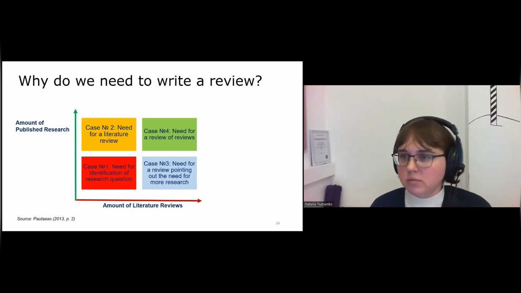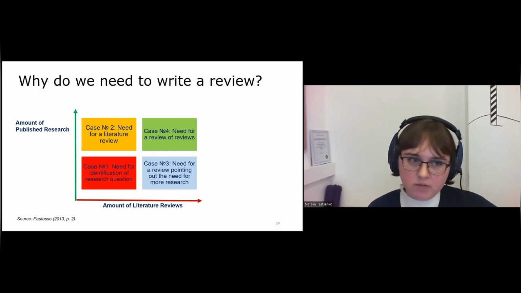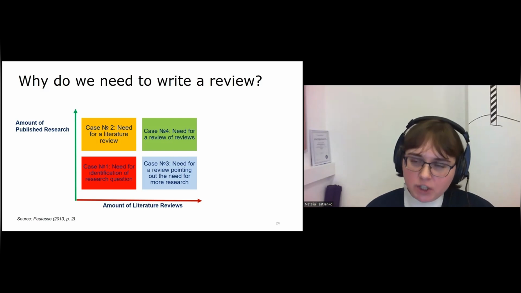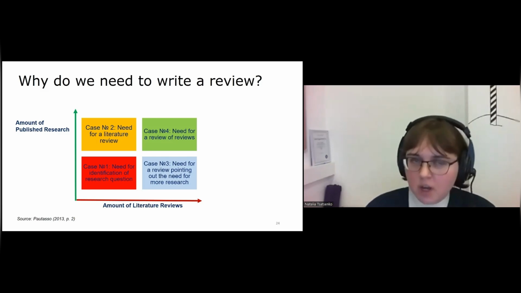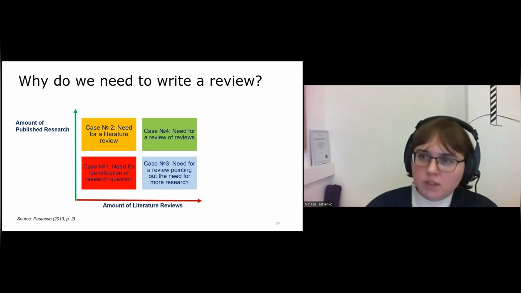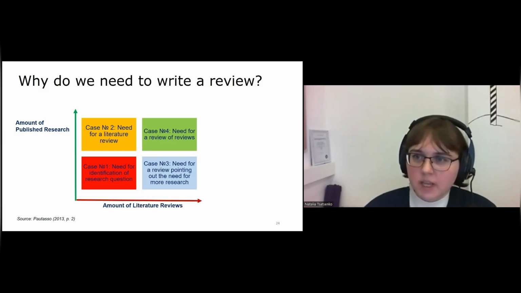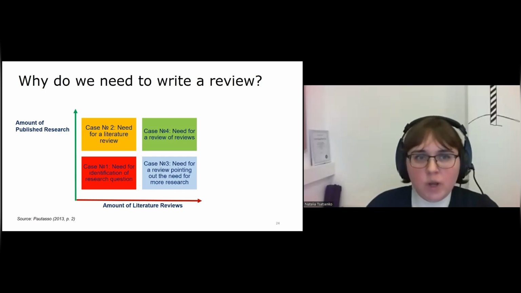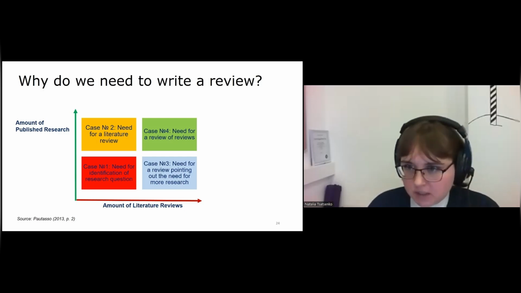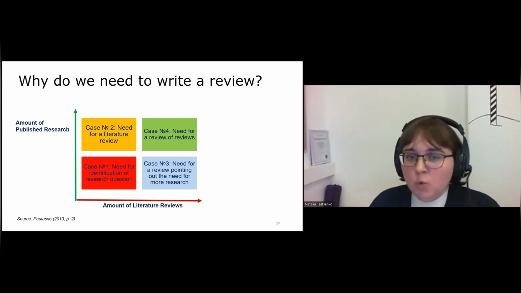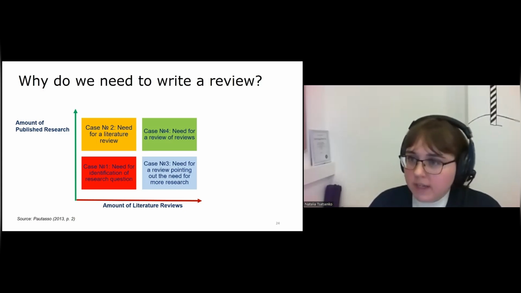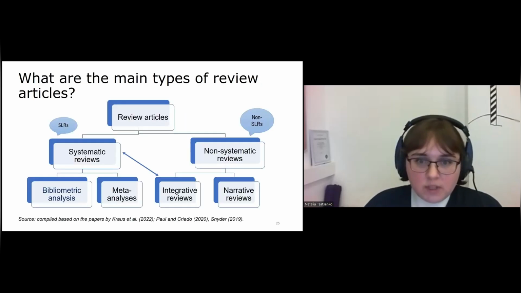And situation four is the point that we have a lot of published research, a large amount of literature reviews. And what is the key point here? There is a lot of literature about literature, as review articles, and we need to analyze these review articles. This is more of a bibliometric approach, but this is situation number four. So all in all, there are four cases. Most of us say that they work with case number two, but some of us can work in case number four or case number three. So let's move to the next slide.